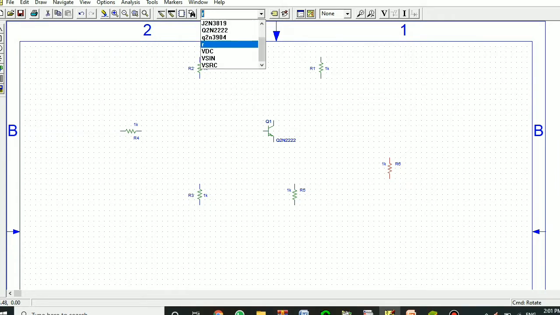Next we'll get the capacitors. So here for the circuit connection we require 3 capacitors. So we'll select them and place them on the workspace. Next we'll select the voltages.